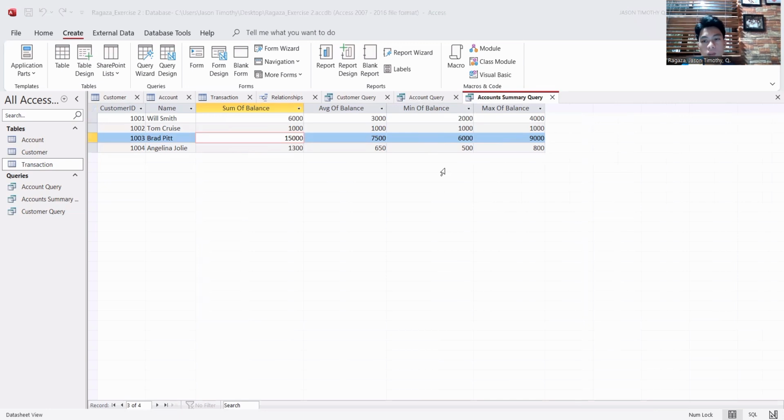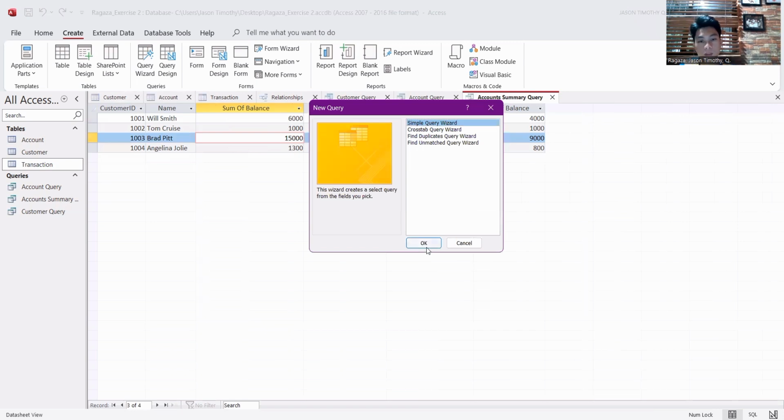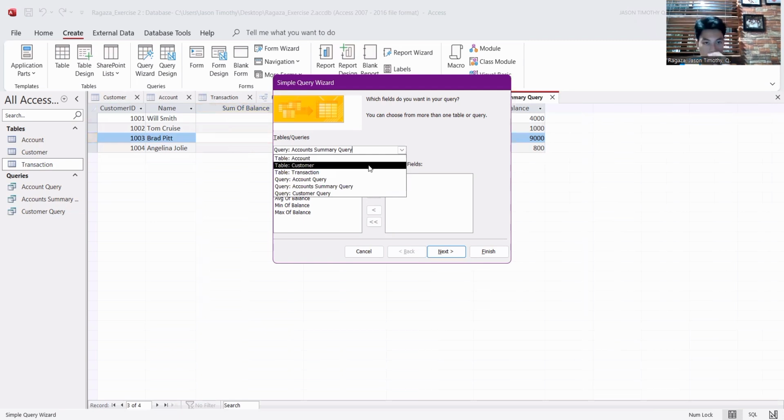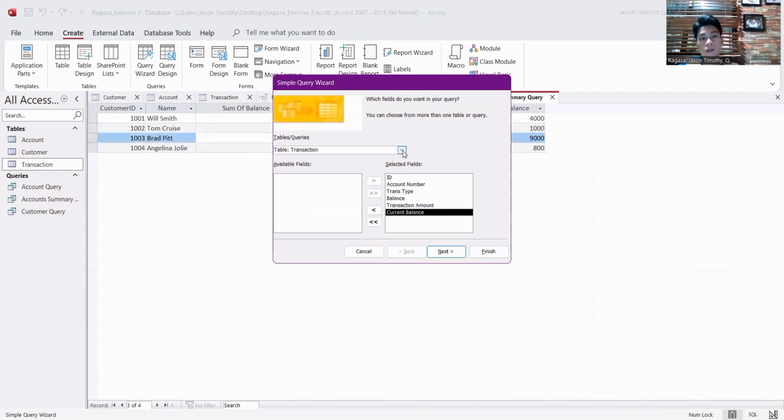And now we are going to do the transaction query, which will be processed with the same steps as we just did. So head over to the query wizard again, and then simple query wizard, and now we are going over to the transaction table, and then select all the fields as stated in the file, and then in the accounts table as well.